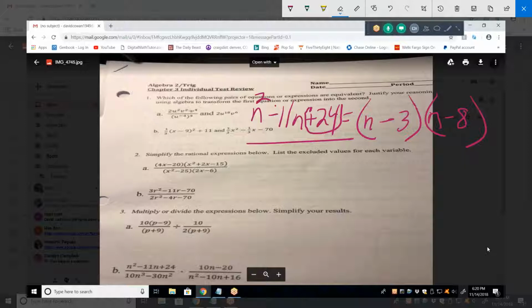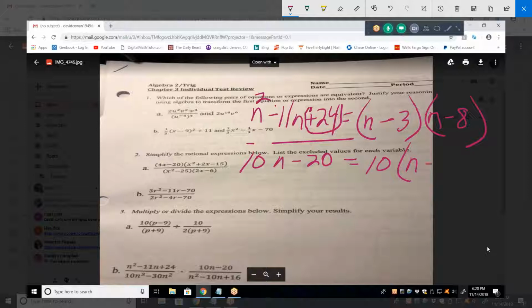Okay, so we factored that one. Let's go to the next one. How about 10n minus 20? Factor that. So you'd want to take out 10, and then you're left with n